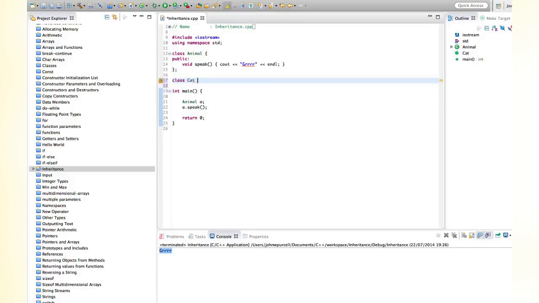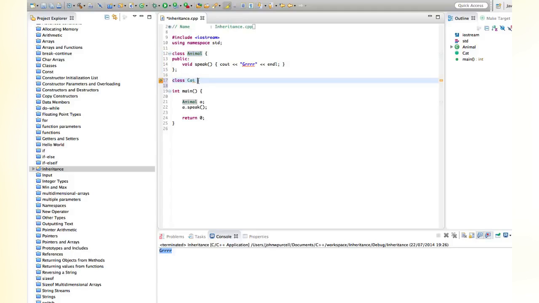And notice cat is a type of animal, and this is important with inheritance. So we're going to take classes and we're going to create child classes from them, or subclasses you can call them. And the subclasses are a type of whatever the so-called superclass is. So animal is going to be the superclass, cat is going to be a subclass,